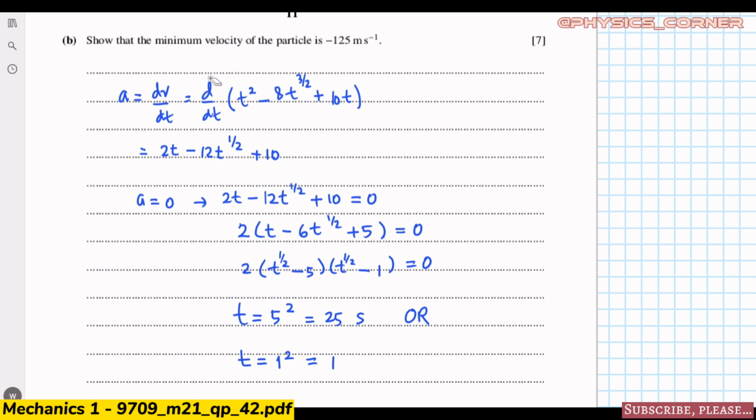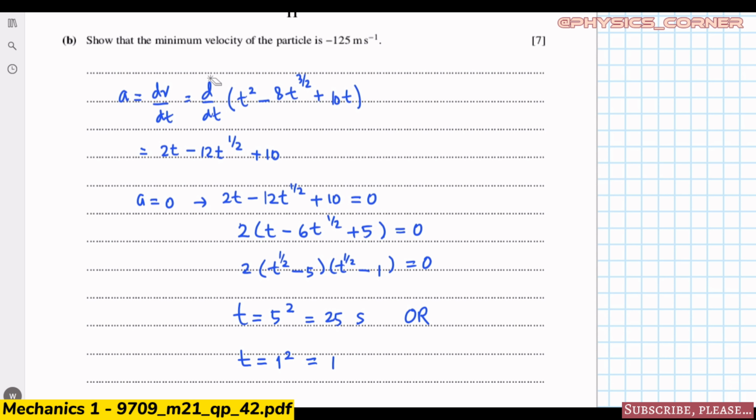So we will use these times, 25 seconds and 1 second, to find the minimum velocity. We substitute v equals